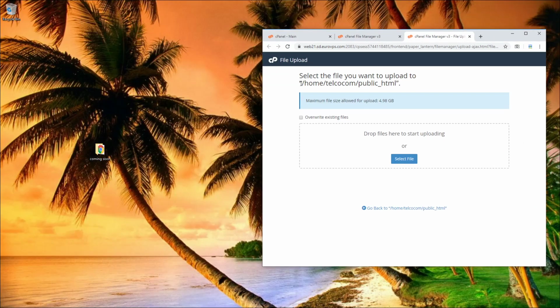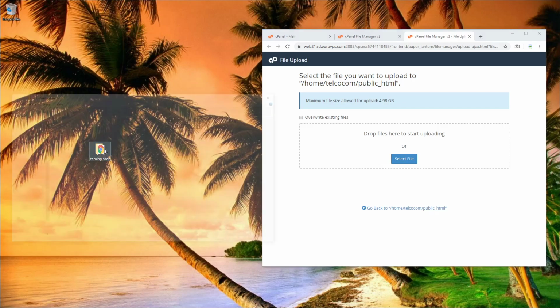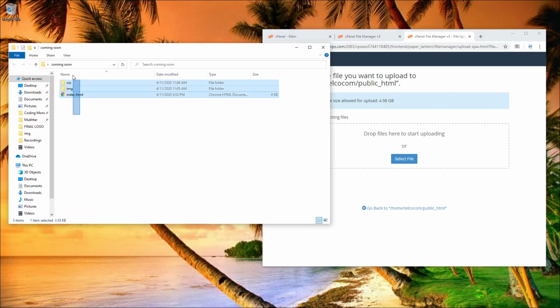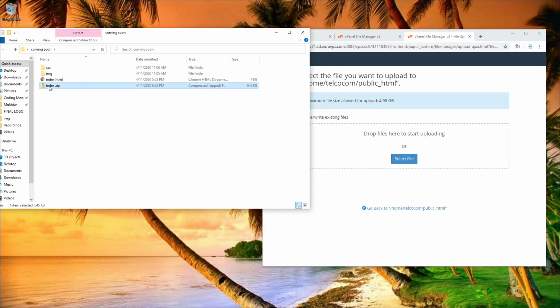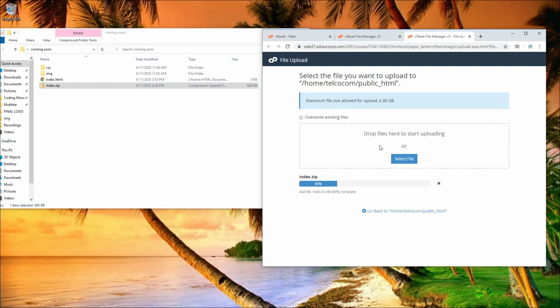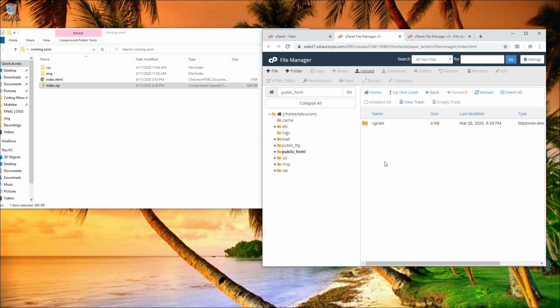You will see this window. Go back to your desktop, click on the Coming Soon folder, select everything, right click, Send to Compressed Zip folder, click, drag and drop it here. It's been uploaded. Let's go back to File Manager, right click and reload,